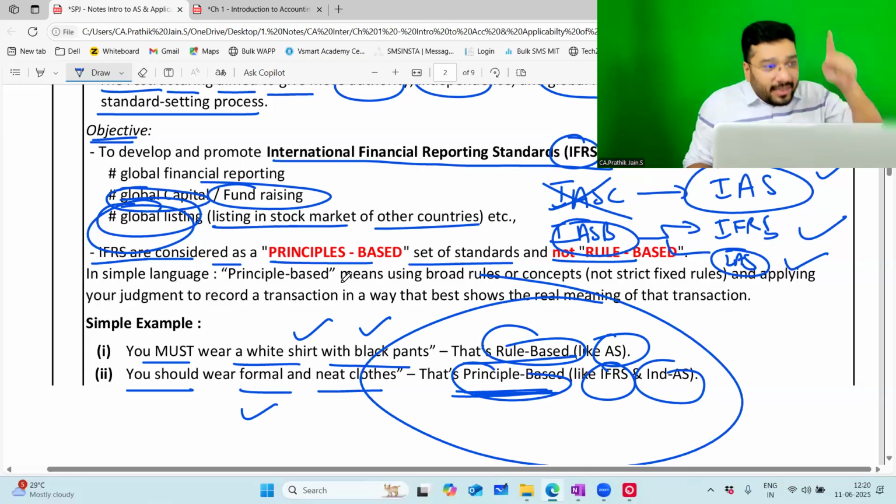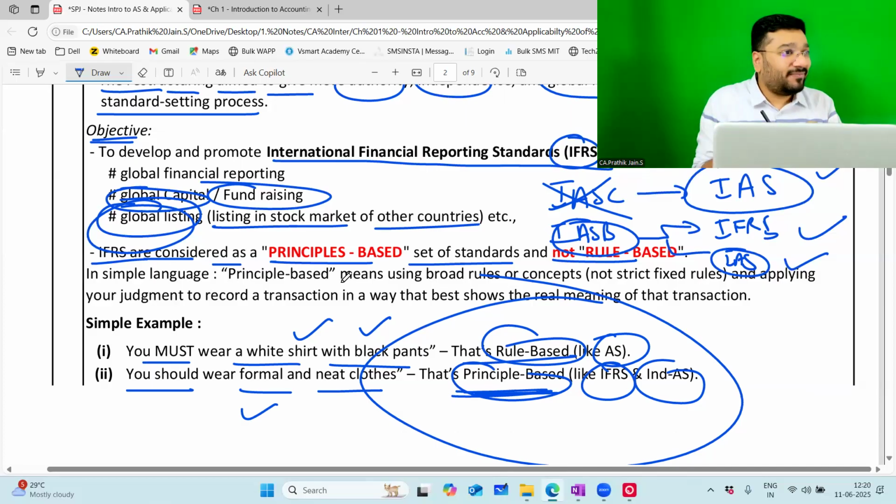I am telling you, only come wearing a white shirt and black pant. A black shirt and white pant will not look good. White shirt and black pant. Specifically, is that coming under GAAP? Yes. But it's more specific. Options are limited. So it is rule-based accounting standards. Where I'm telling you to come in any formals, in that I give multiple options. So you come within the formals. Formal is the GAAP outline structure. Wearing formal dresses is GAAP. In that, multiple options are there. But in case you wear a sherwani and come to the reception, which means you are contradicting GAAP. Can you contradict GAAP here? Not possible. I hope you understand the difference.